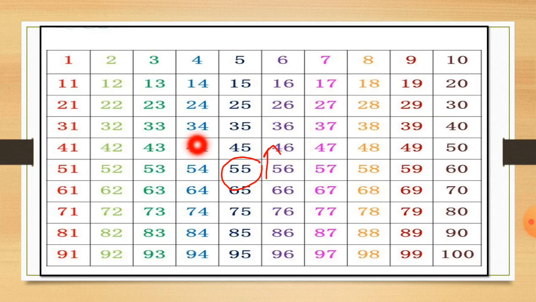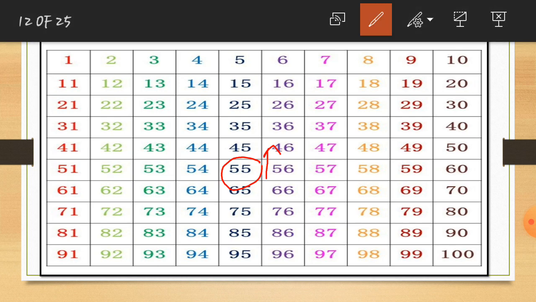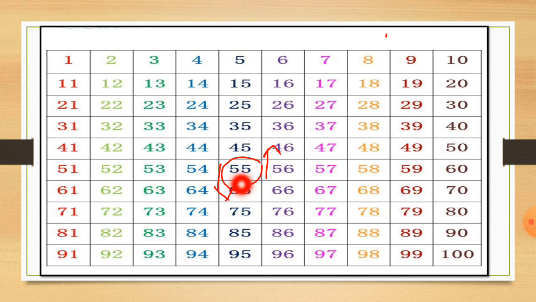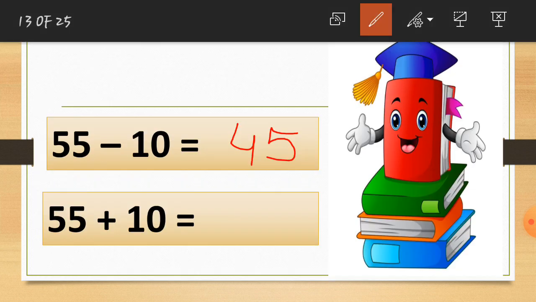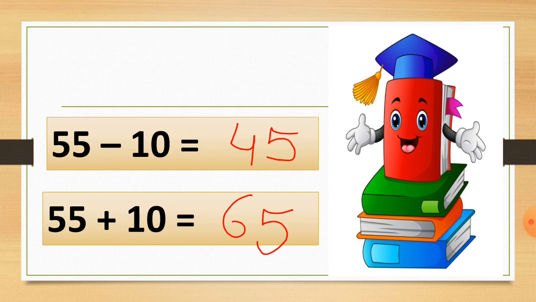Here you can see is the number 55. I circle it. Now we have to go down to add 10 to it. So I just make the arrow. Here you get the answer, 65. You can see here is the number 65. This is our answer and it is as easy as you can see. So let's write down the answer, 65. This is the easiest thing.